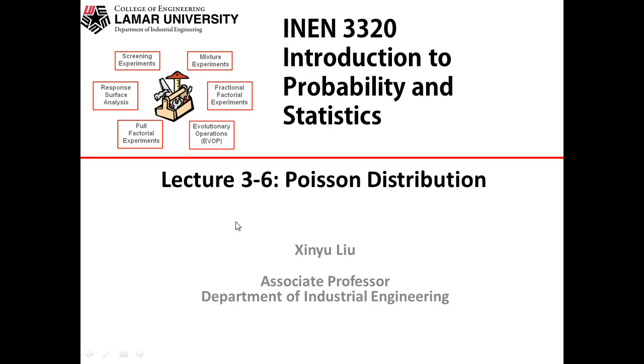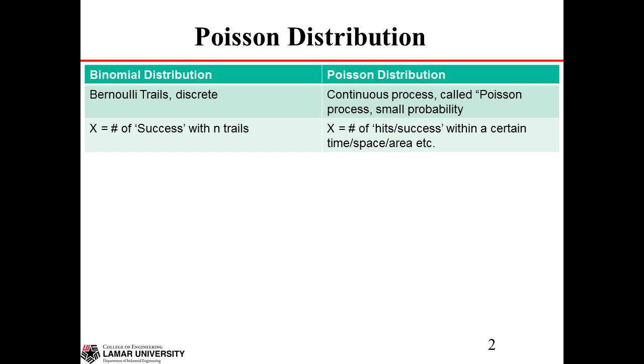In this lecture, we'll be discussing the last discrete random variable distribution in Chapter 3, the Poisson distribution. The Poisson distribution is very closely related to the binomial distribution. In the binomial distribution, we are dealing with Bernoulli trials, and the